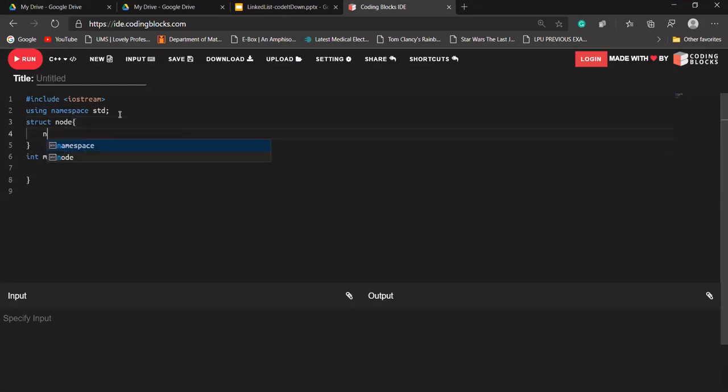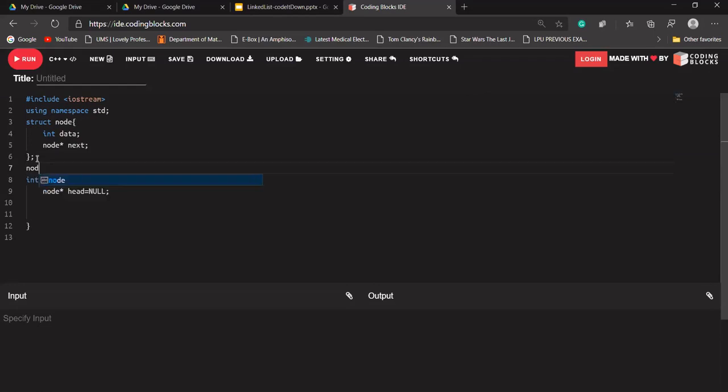Name it next. Let's create a head pointer. Okay, I'm quickly writing the code. If anybody has any doubt, do ask in the group chat so that I can explain it again. I'm writing the code that we have already discussed.